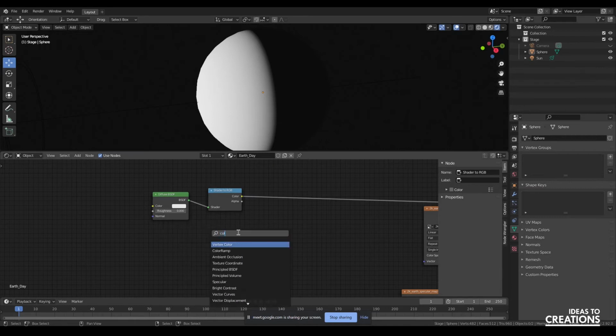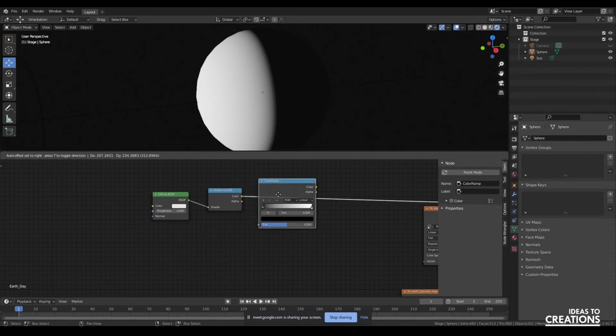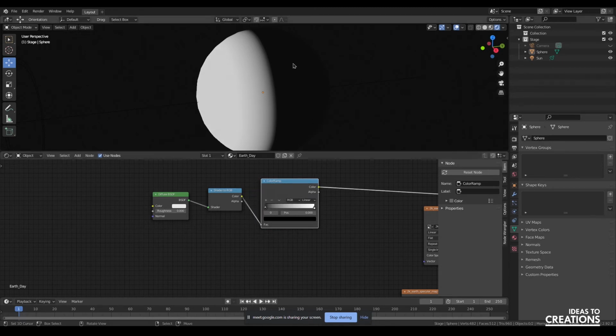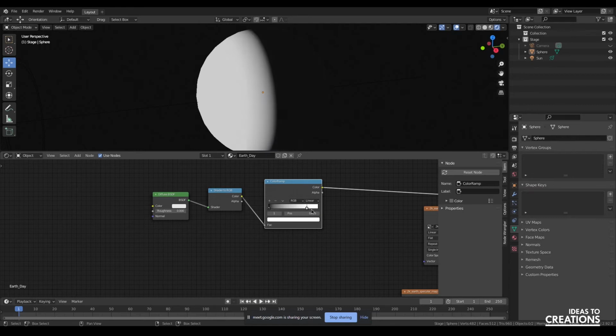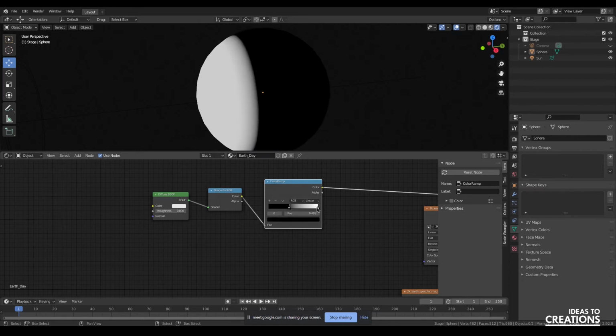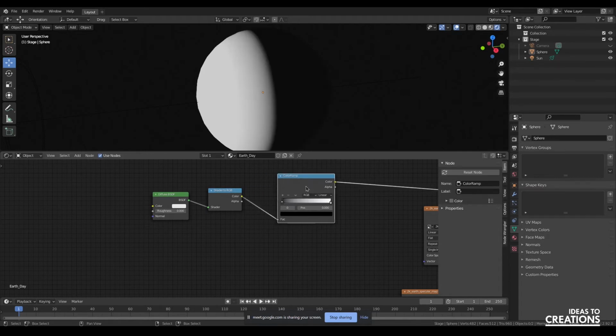To give us more control on that transition section, I'll add this color ramp, and nothing's really going to change. You'll see this got a bit less bright, this got a bit darker because it's getting clamped, but don't have to worry about that for now. What's important is we can now move this black and white point to give us some control over what's happening here in the middle. So we can move the transition point around if we want to. So let me just push this back and go to the